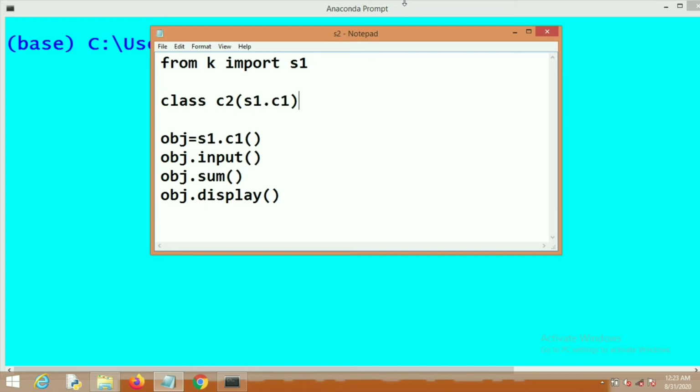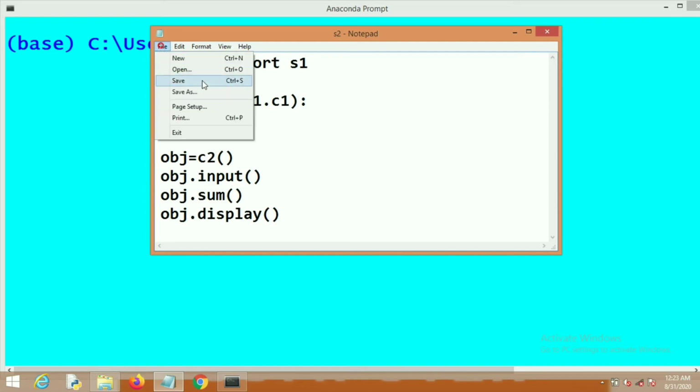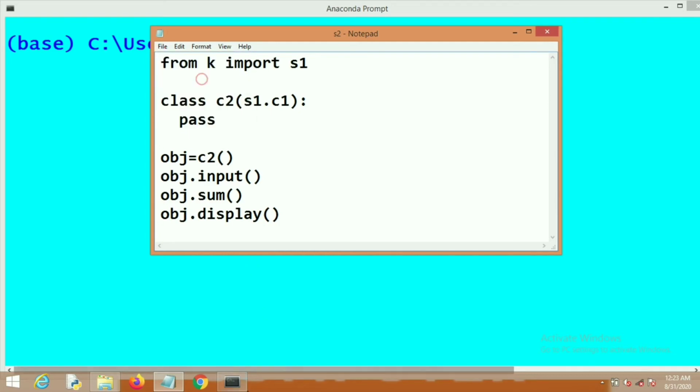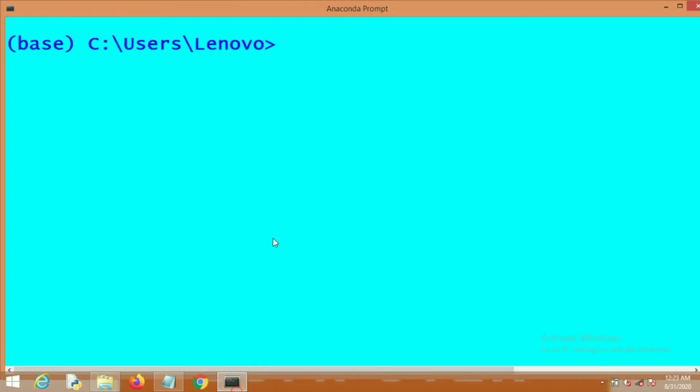This is the way of single inheritance. If you have no body part in C2, then just write pass. And now I am creating the object of our C2 class. In this way also you can run your program. It means the s1 file you can run in the s2 file using inheritance also.